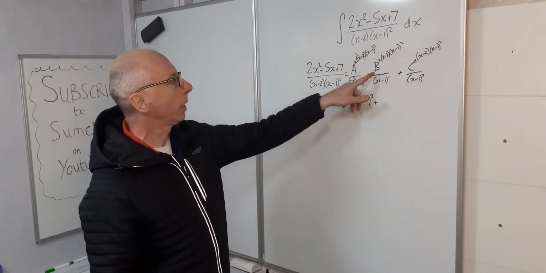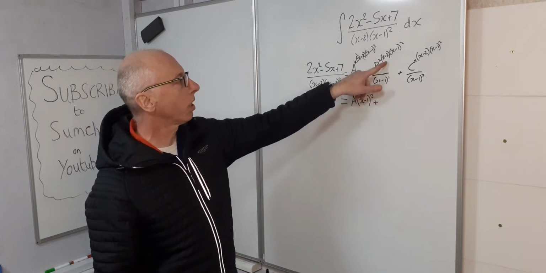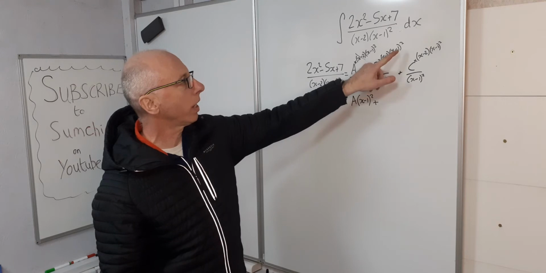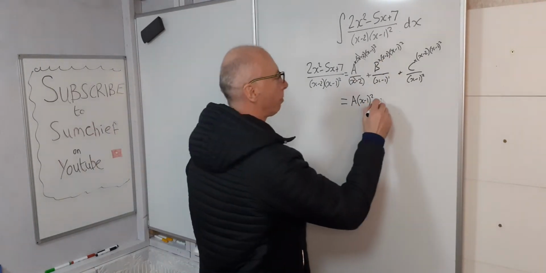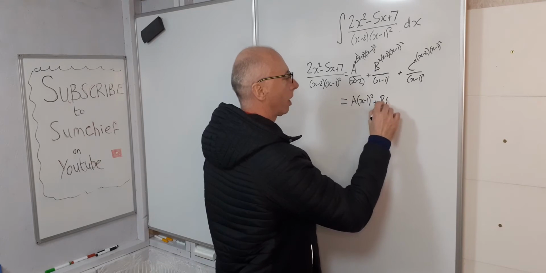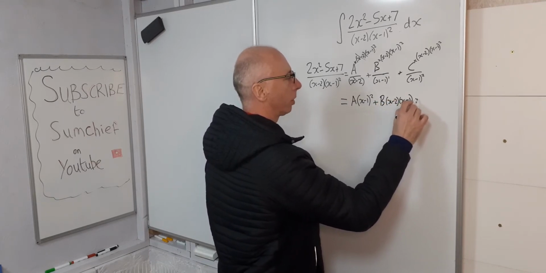Now we're on to the B. We've got x minus 1 in the bottom. X minus 2 we can't cancel, but with (x minus 1) squared, we can cancel one of those. So now we're left with B(x minus 2)(x minus 1) plus